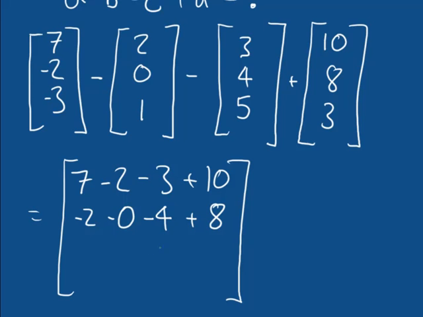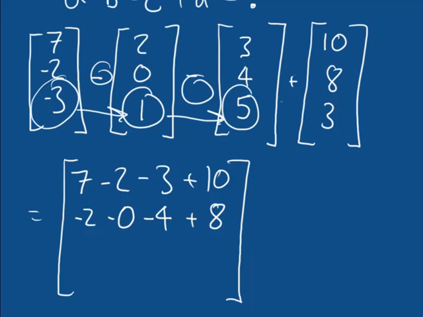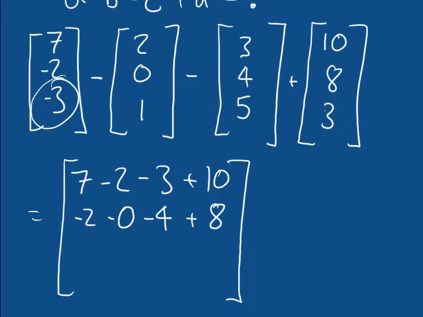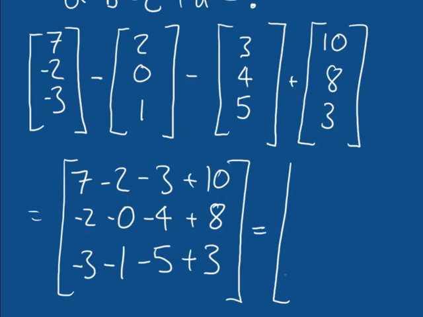And then for the third component of our resultant vector, we're interested in the third components of our vectors. That gives us minus 3, minus 1, minus 5, plus 3. So this is equal to